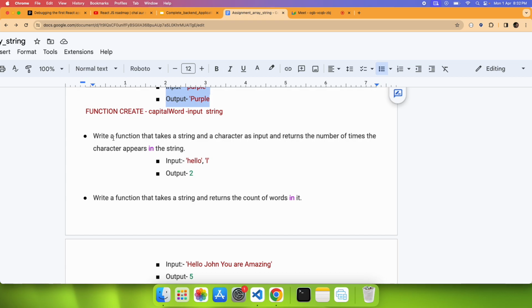Next is: write a function that takes a string and a character as input. Means two things, one is a string and one is a character, right? As an input and returns the number of times,